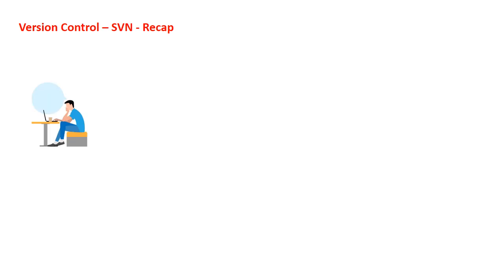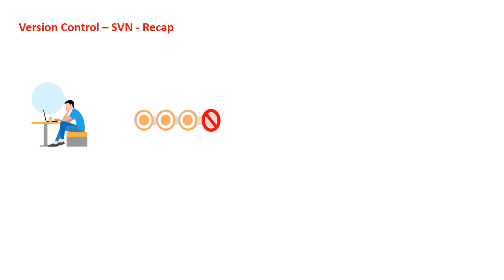Before going to SVN commands, a small recap of version control. Let us take one small example. Assume you want to write a program to develop a calculator. It will have many modules. Let us take 4 modules. You start with the first, second and so on. While writing the fourth module, you mess up your code.